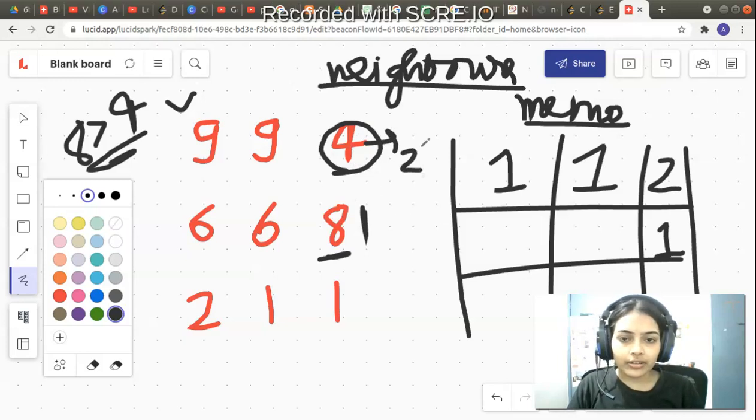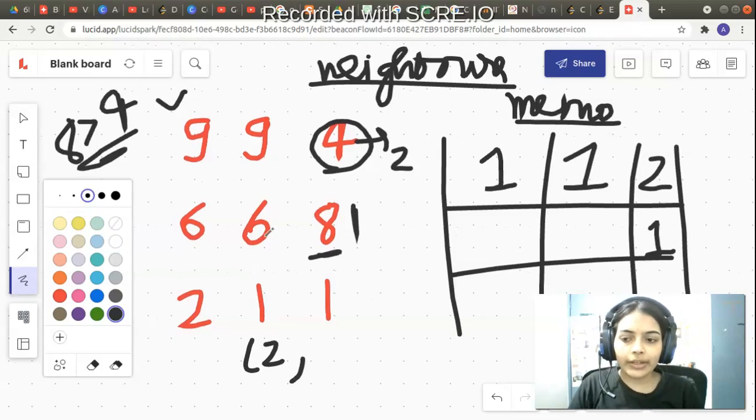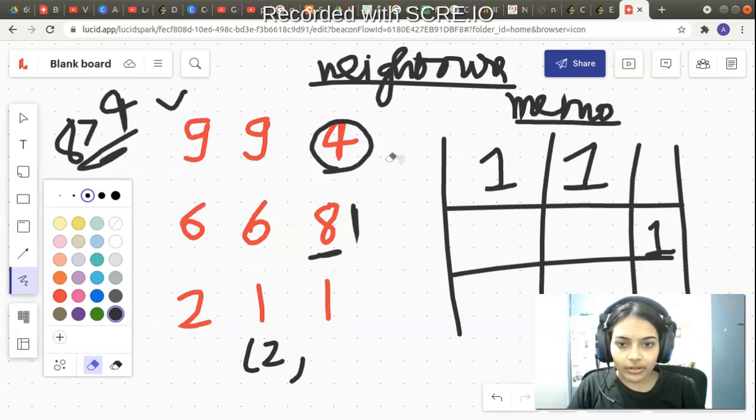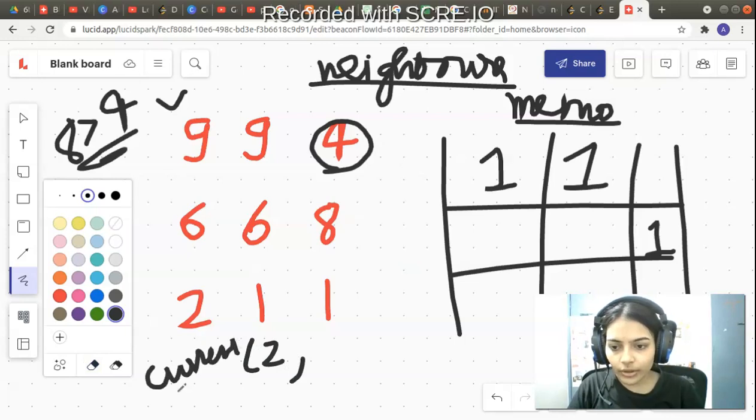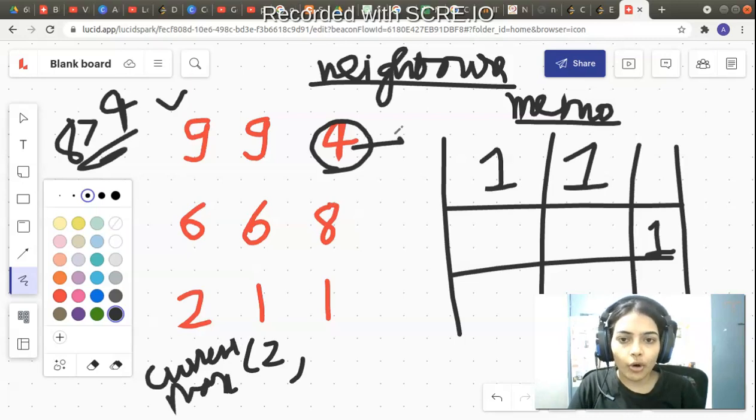Now it will actually save 2. It will store the maximum value of whatever all of its neighbors returned. Okay. So let's say we are not storing 2 for now. Let's say we are just keeping 2 as such. So let's say we'll declare another variable. Let me call it current max, and this current max variable is going to have 2 for now, because 4 has not finished its function call from all of its neighbors.